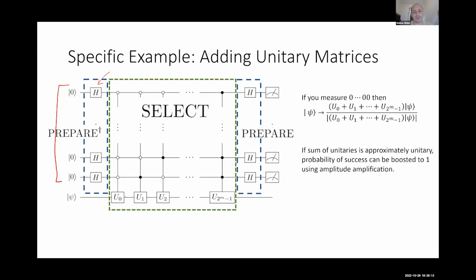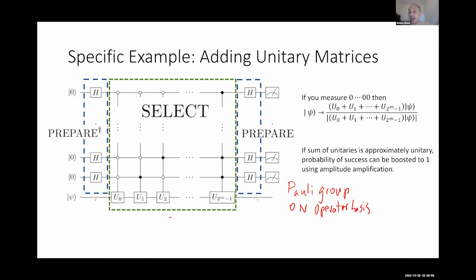The more broad way of thinking about this is that we call this circuit template for LCU prepare, select, and prepare, where prepare creates the weights, select fires a particular unitary, and when we combine these things together, we can use it to implement an arbitrary sum of unitaries. Of course, an arbitrary sum of unitaries can be used to make an arbitrary matrix. That point may not be obvious to you, but it actually is, because the Pauli group is an orthonormal operator basis.